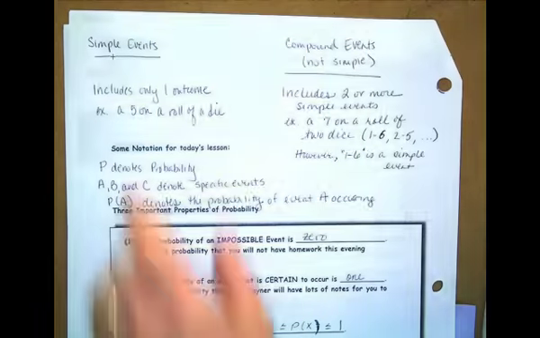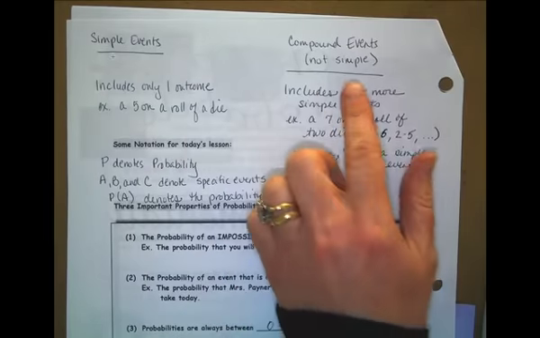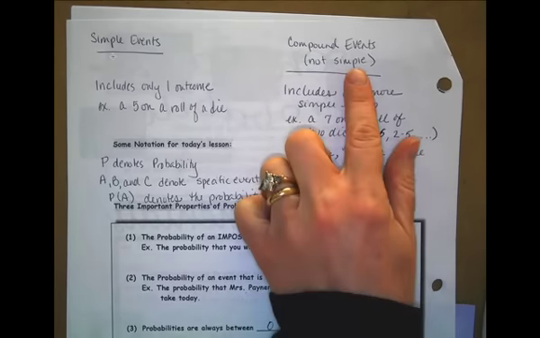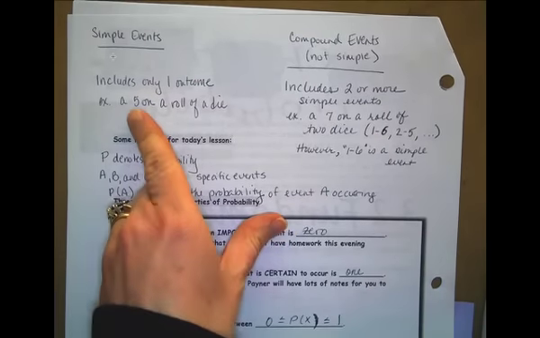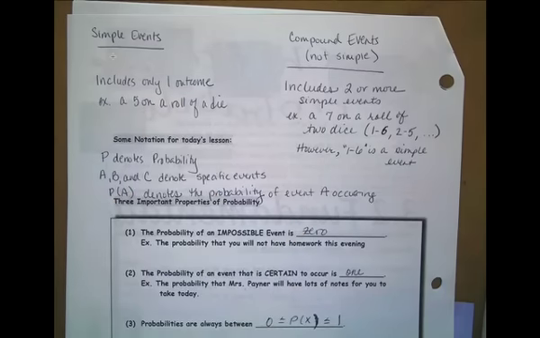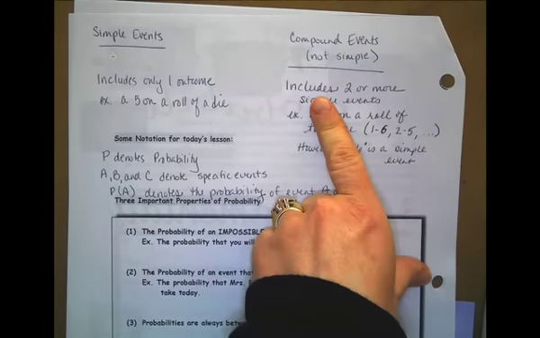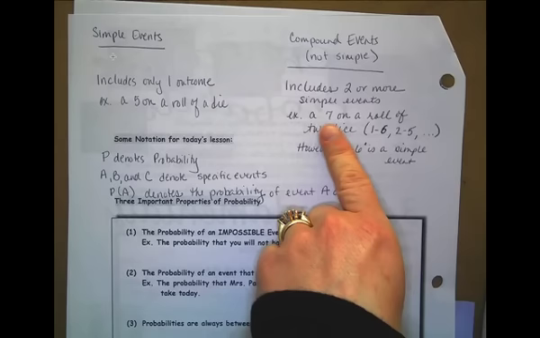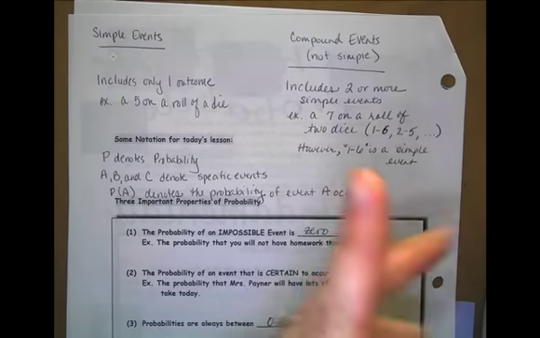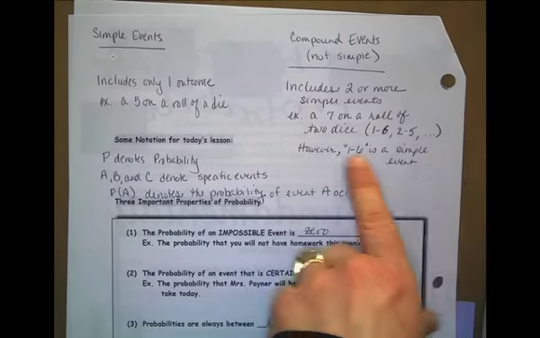So that leads me just into a discussion here about simple events versus compound events. The compound events are ones that are not simple. So simple events include only one outcome. So example, if I just roll the 5 on one die. Compound events include 2 or more simple events. So as an example, if I roll a 7, I could get a 1 and a 6, a 2 and a 5, and so on. However, if